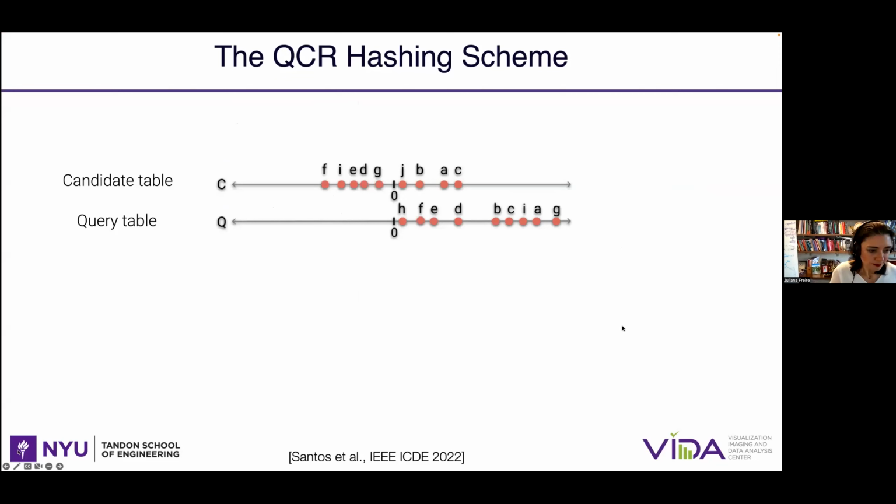Okay, sorry. Right. So suppose that you have a candidate table and a query table, and here the labels correspond to the keys, and the position of the point in the line corresponds to the value associated with that key. Right. So the way that the scheme works is that first